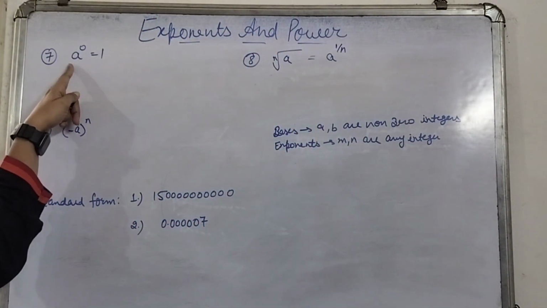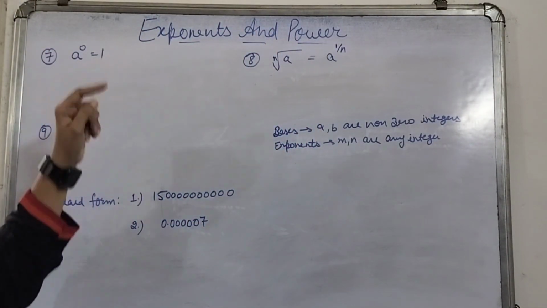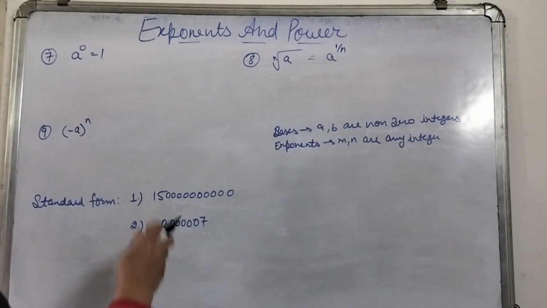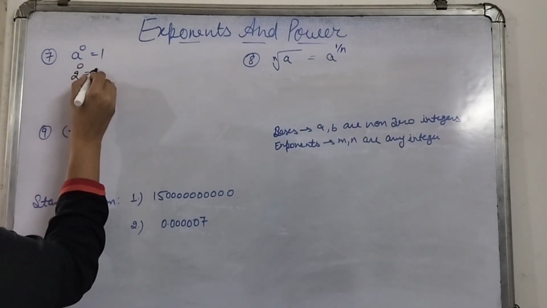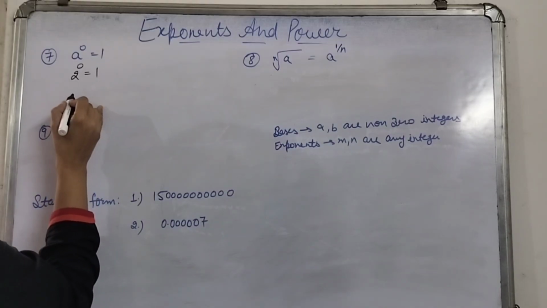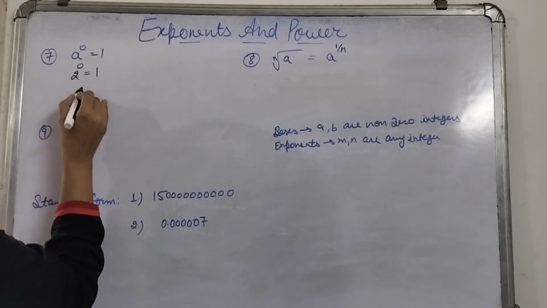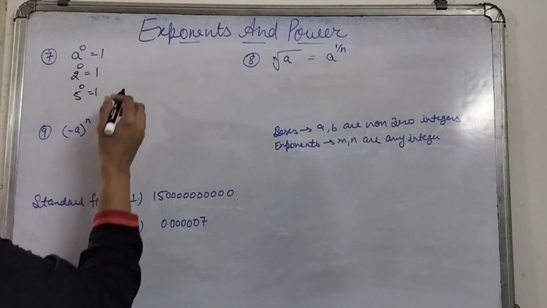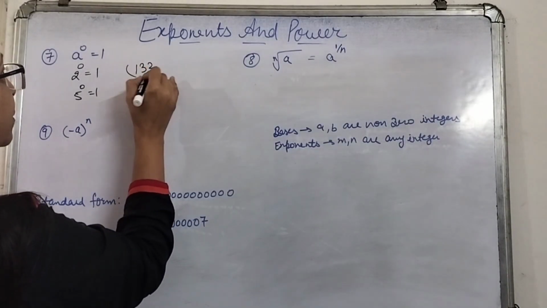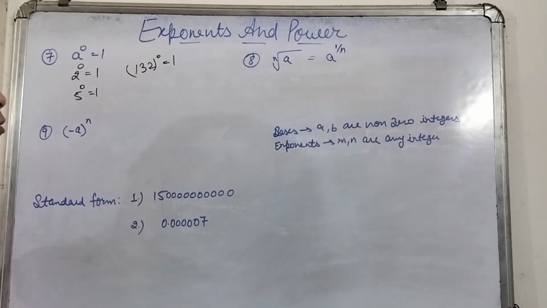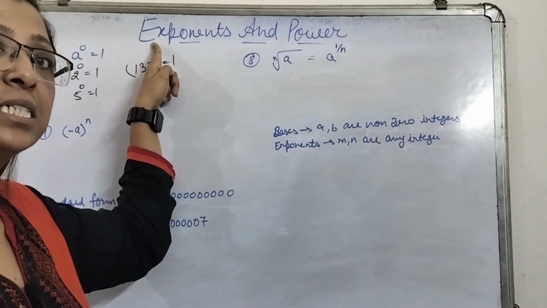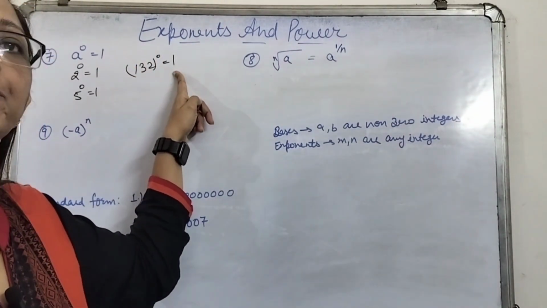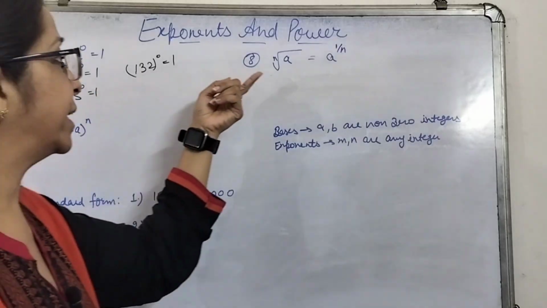If there is any base with the power 0, then its value will be 1. Whatsoever the base we take, suppose I say 2 raised to the power 0, the value will be 1. If I say 5 raised to the power 0, its value will be 1. If I say 132 raised to the power 0, then its value will be 1. So whatsoever the base we consider, if the power is 0, then its value will be 1. The next is